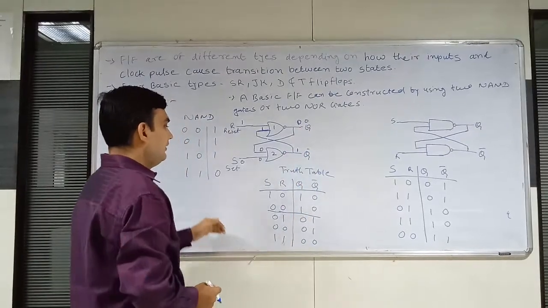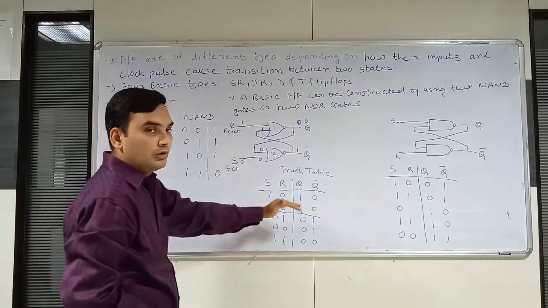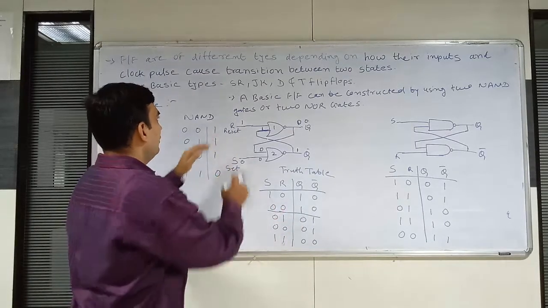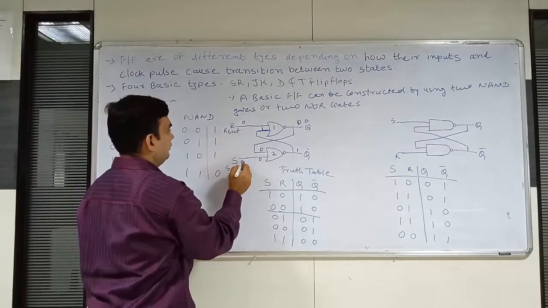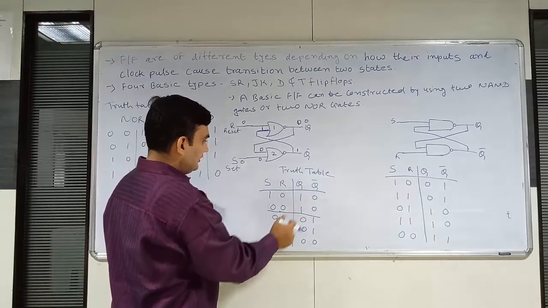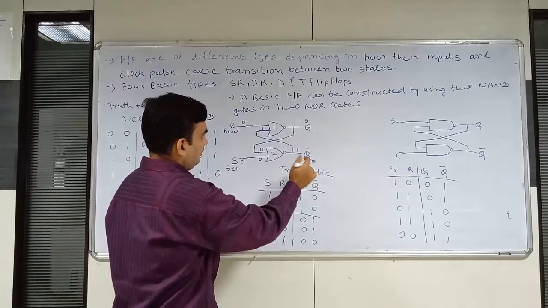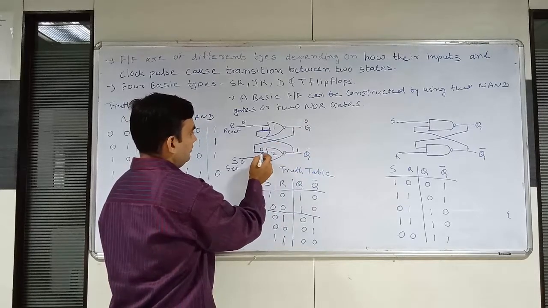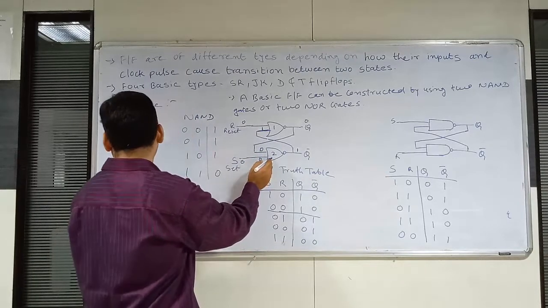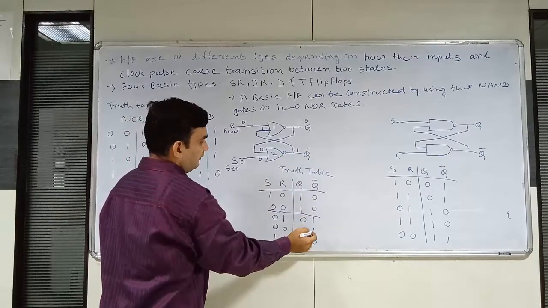Okay. Now next, again we set both inputs low, or that means we can say both inputs are 0. S is equal to 0 now and R is equal to 0. So what happens? From the previous state, Q is equal to 0, and this 0 will come here, and we have set here 0. So both inputs are 0 for the NOT gate 2. So 0 and 0 will be equal to 1. Okay. So our Q bar will be 1.